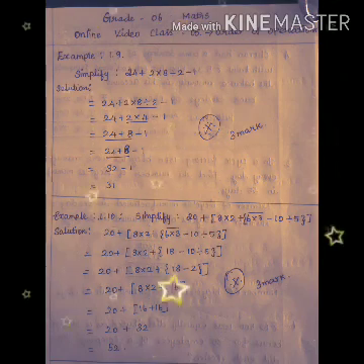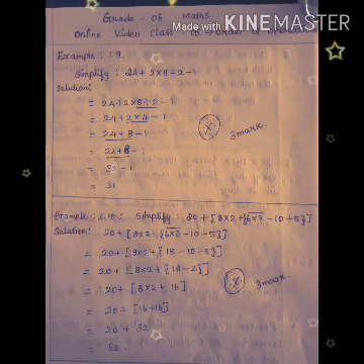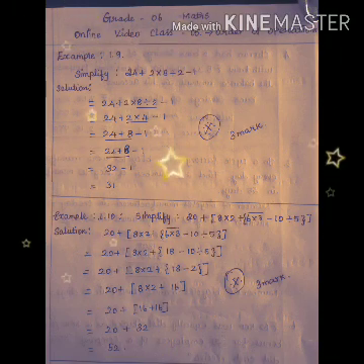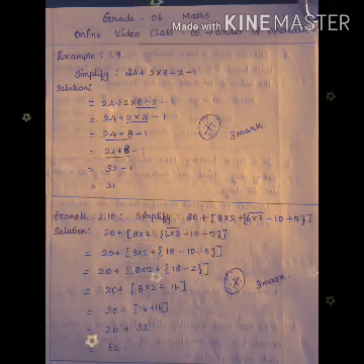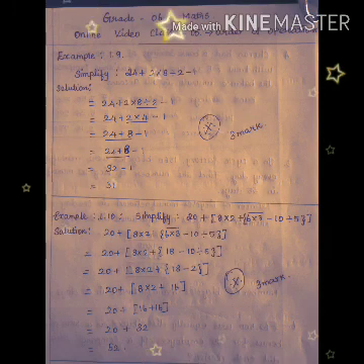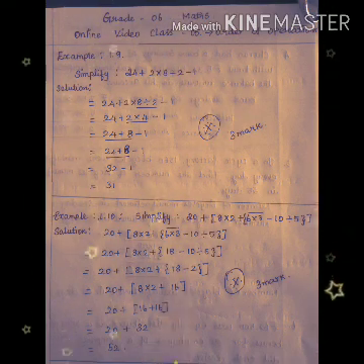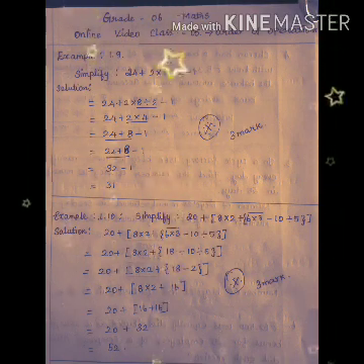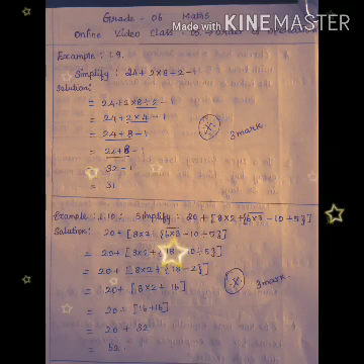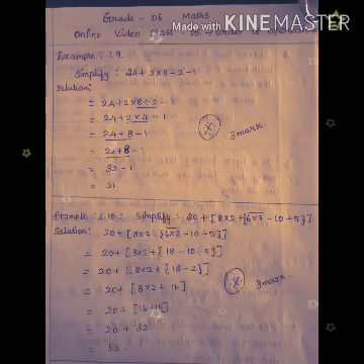Okay, next sum, example 1.10. Simplify 20 plus bracket 8 into 2 plus whole bracket 6 multiply 3. In that 6 multiply 3 they have given the bar. Minus 10 divided by 5, close bracket, close bracket. So you want to do it according to our order of operations method. See the solution, I have written the question.